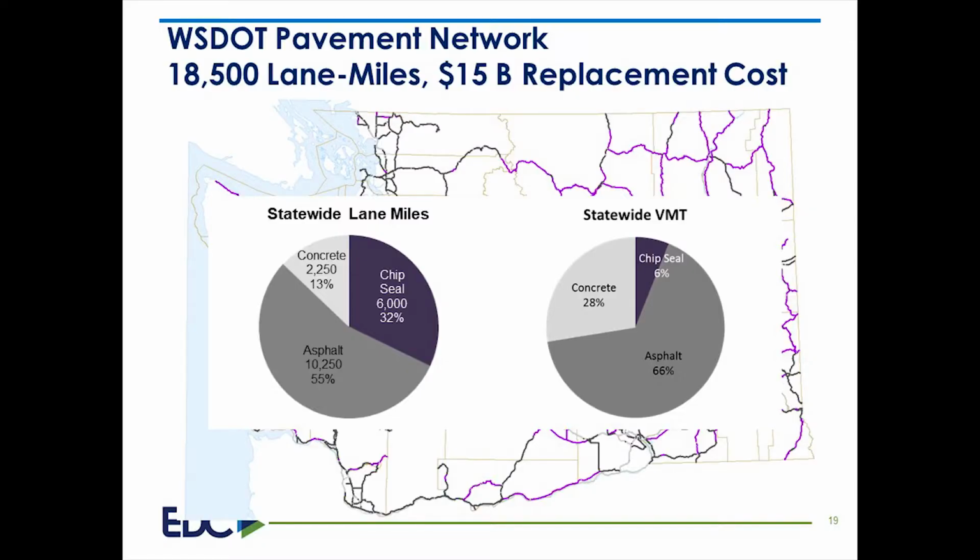And we've got, in terms of lane miles, 3 different categories of surface types: concrete, chip seal, and asphalt, with different percentages. You see concrete's about 13%, chip seal 32%, and asphalt 55%. And then when we look at vehicle miles traveled, as you would expect, those chip seal miles are mostly low volume roads, so we've got much less traffic. Concrete is primarily in our interstate system, so we have a lot of traffic on our concrete roads, and then asphalt making up the difference.